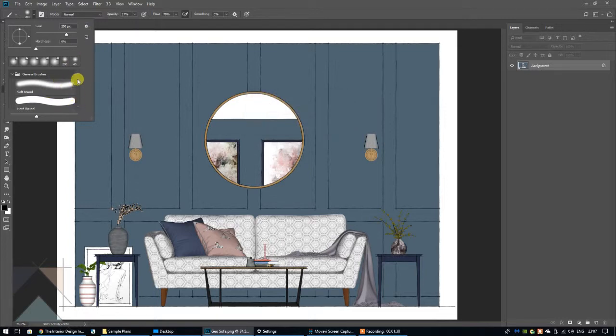Then what I want you to do is you will see a little scroll bar right here. I want you to scroll down, or you can click on this little guy here and bring it all the way down. You will see a folder called Legacy Brushes. I want you to click on the arrow to the left and then click this little arrow so that you can go on down, because what this is showing you is that there are folders within this main folder, just like you would see on your computer when you're saving files. Then keep going all the way down, keep clicking that arrow